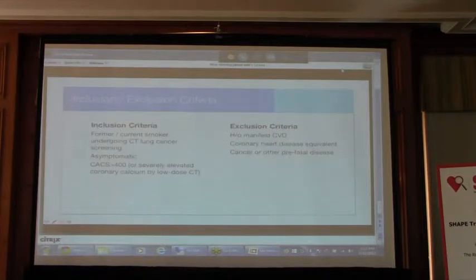The inclusion criteria are similarly simple. The inclusion criteria are the smokers that are undergoing